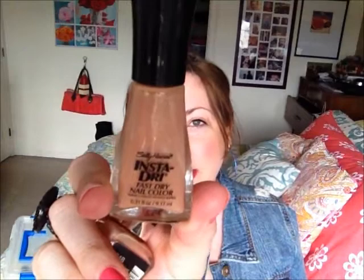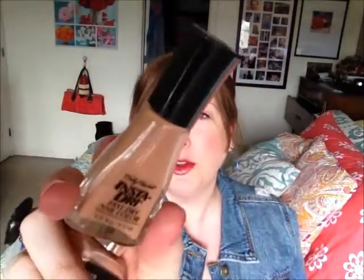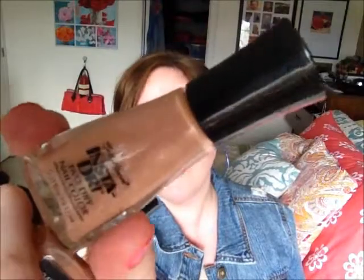And this is one of those weird Julia Brain things. I really love this shade and I love this formula, but I hate the bottles that these come in. There's just something about it that turns me off. But it really is one of the Sally Hansen Insta Dry. They really do dry quickly, and every one that I have in this bottle I love. I just don't find the bottle aesthetically very pleasing. Isn't that weird? But anyway, this is called Quicksand,